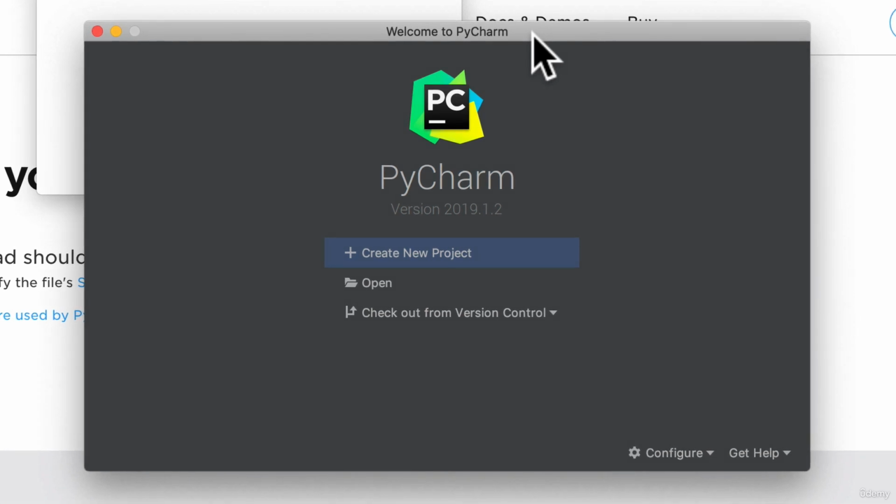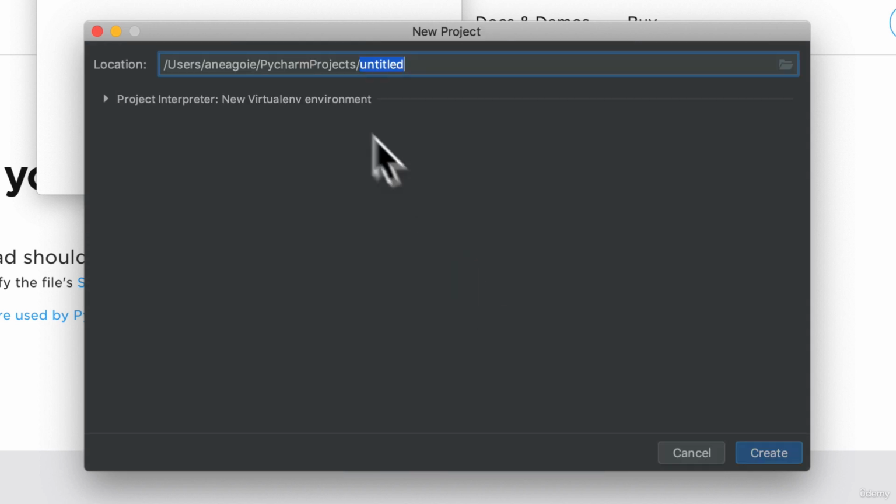So in PyCharm now, we can create a new project. Now in here, it asks us where we want to create our project. In my case, we can just leave it over here. We'll call it my project. And before we click create, make sure that you click on this project interpreter